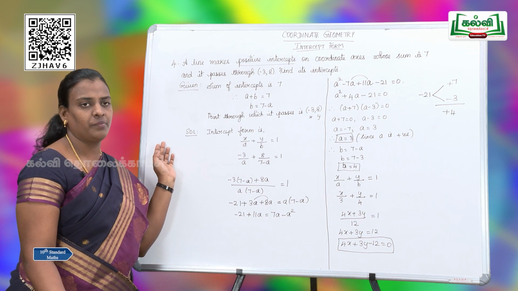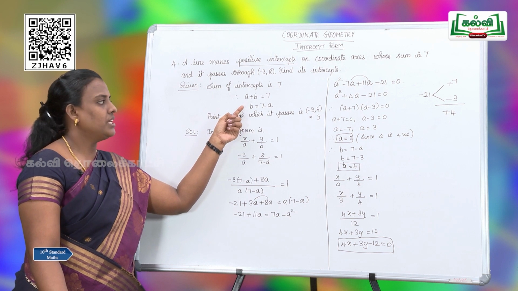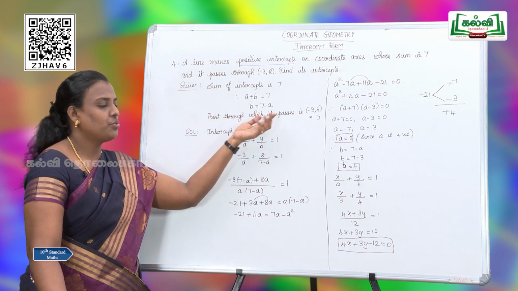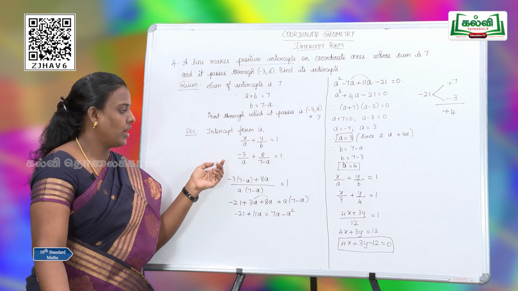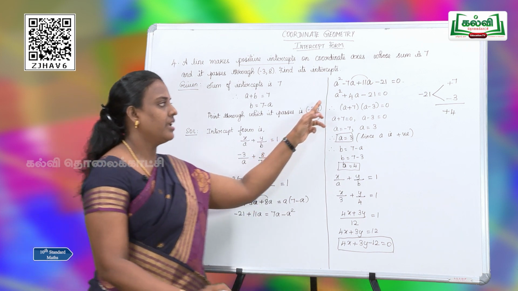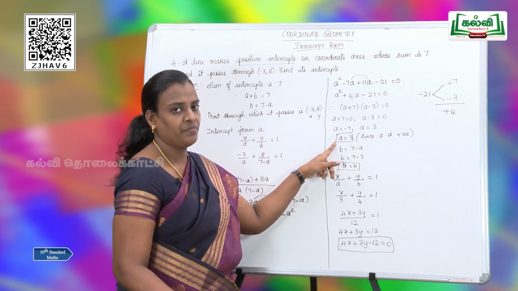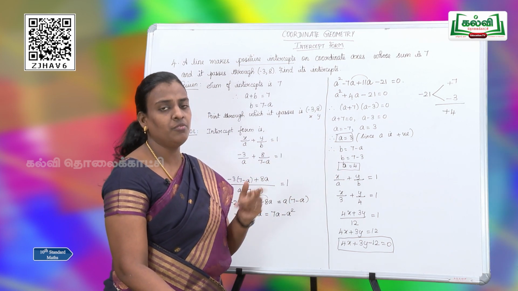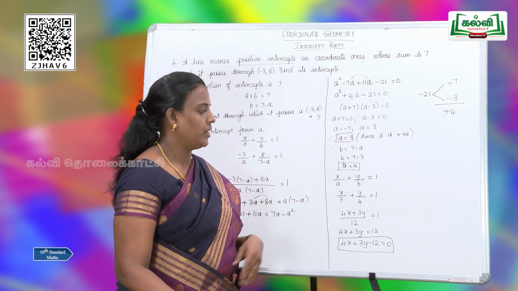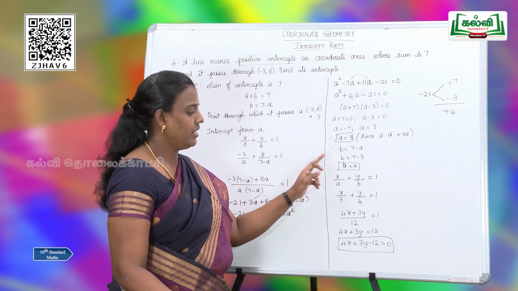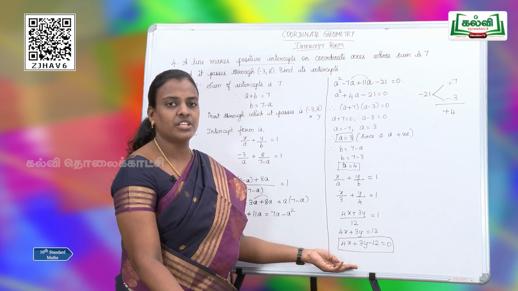Okay, so once again I will repeat it. The sum of the intercepts is given as 7. So, a plus b is 7. So, b is equal to 7 minus a and the point through which it passes is also given. So, you will substitute in x by a plus y by b is equal to 1 and when I substitute I get a quadratic equation in terms of a. Factorize the quadratic equation and find the value of a. So, I get two values, negative and positive. The question says it is just a positive intercept. So, you will take only the positive number. Based on that, you will find out the value of b. Then finally, substitute in the intercept form and you get the answer, that is the equation in the general form.